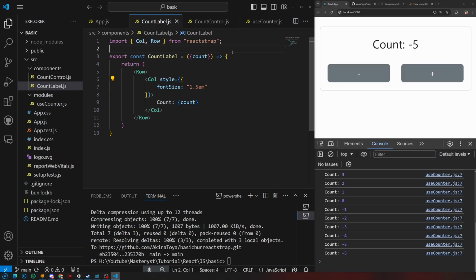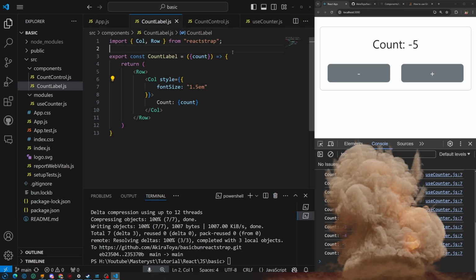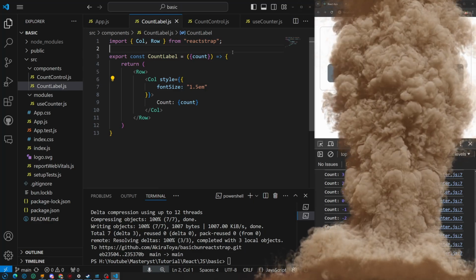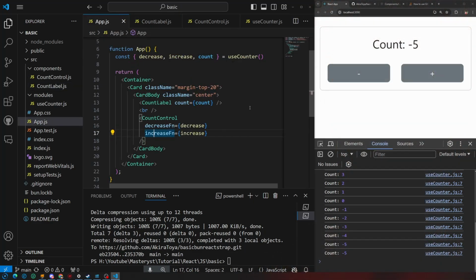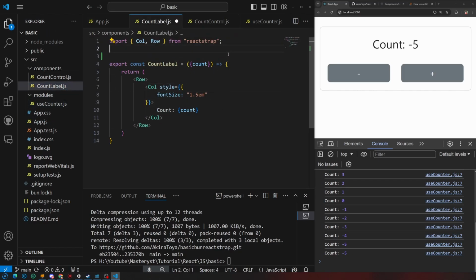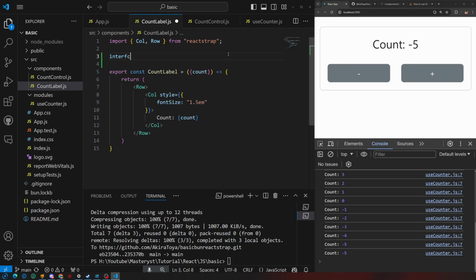But right now, it doesn't care whatever things I send to the custom component, right? It will receive it even though it will blow up if we run it. How to enforce the type that matches what our custom component needs? This is why we need to define our interface. Let's create a props interface for our count label. To make an interface, just type interface and give the interface name. I use I as the prefix, so I can easily notice that it is an interface.